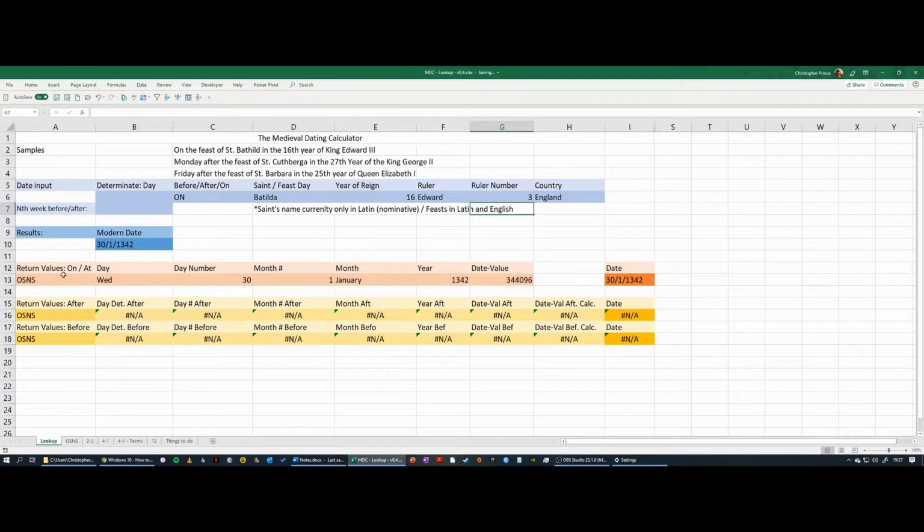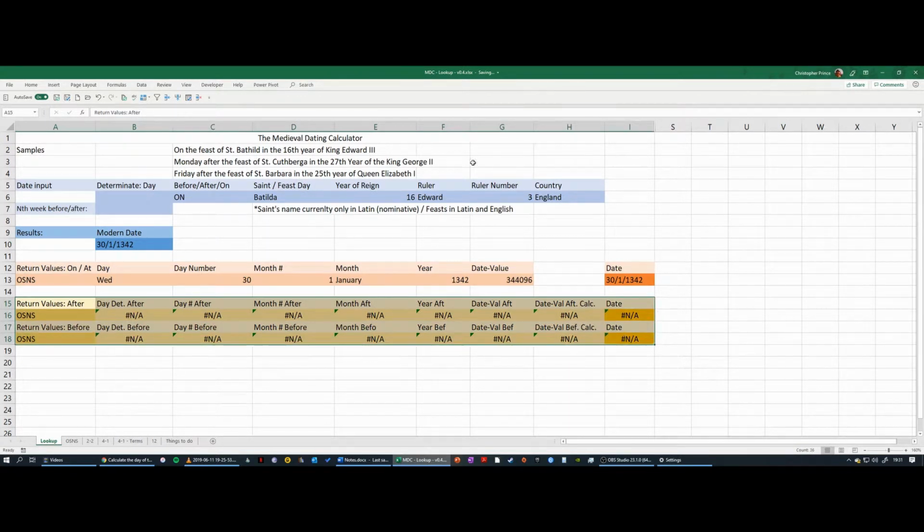So we can see that in this field here, which is our return date for "on", we can see that the Feast of St. Bathilde occurred on a Wednesday. It was the 30th of January, and it's the year 1342. But what if you've got a before or an after day, which is kind of the whole purpose of what this calculator is for. So as you can see down here, I've got these fields here which are doing the